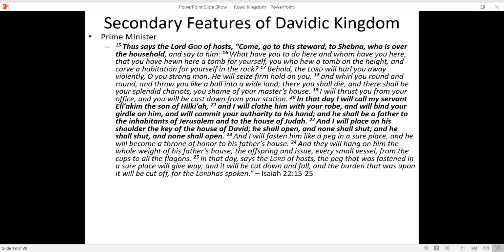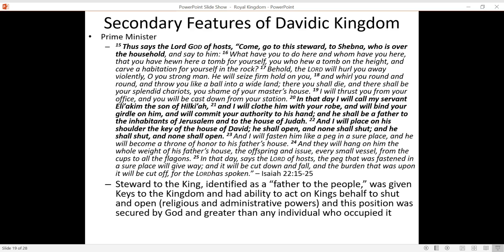This image of the office of the prime minister is a foreshadowing of St. Peter, the first pope. Remember, Jesus calls 12 apostles, and of the 12, he elects one. Throughout the New Testament it's very clear that Peter is unique, and he gives Peter, not because of his strength, but because of his faith, a position among his friends, the other 12. And that position is to be like a father figure. And that position continues throughout history in what we call the office of the Pope.